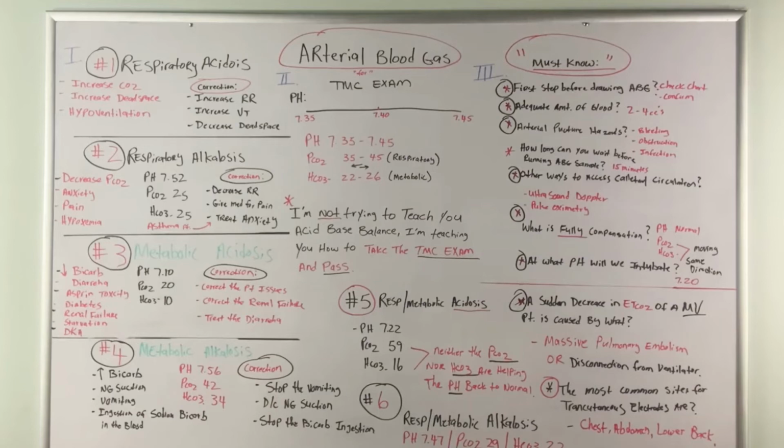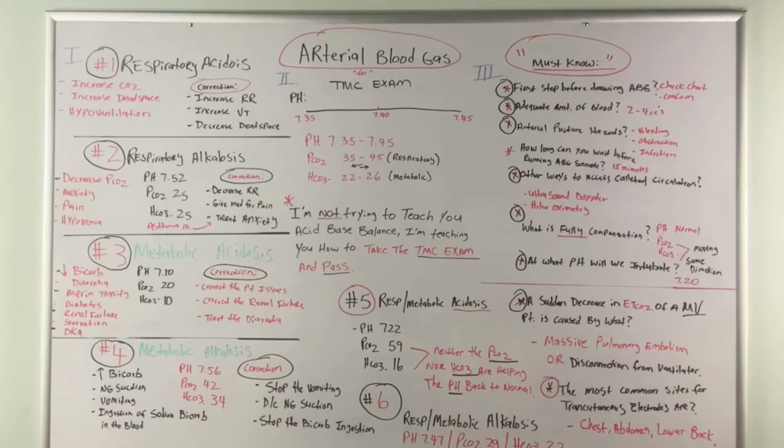An arterial puncture hazard. Number 1 is bleeding. Number 2 is obstruction. Number 3 is infection. How long can you wait before running an ABG sample? 15 minutes. 15 minutes, and we know that we have to put it on an ice slush. When we draw it, we're not going to run the blood gas right away. Make sure you put it in an ice slush, but no longer than 15 minutes,